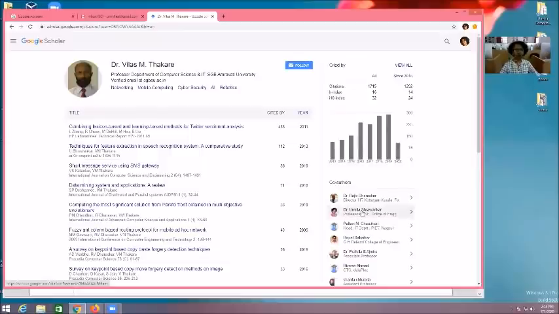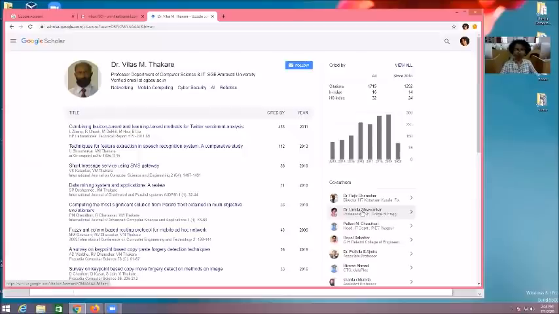This is called collaborative research, where you will find a particular person and their co-authors, then a second person with their co-authors. Many times, Thakre sir has many students and research scholars. Suppose I am scholar number 1 and another person is scholar number 2. Thakre sir has the same connectivity with scholar 1 and scholar 2, but I am connected through Thakre sir.